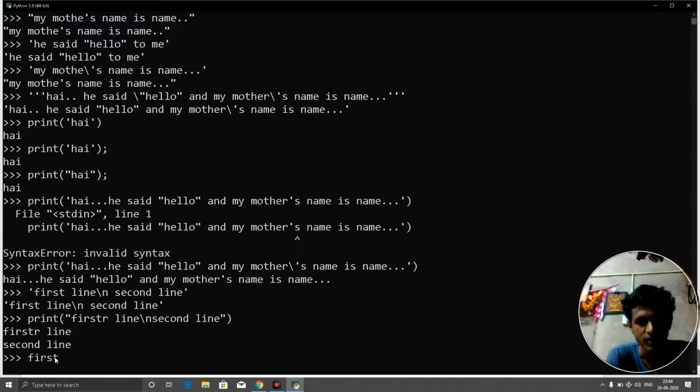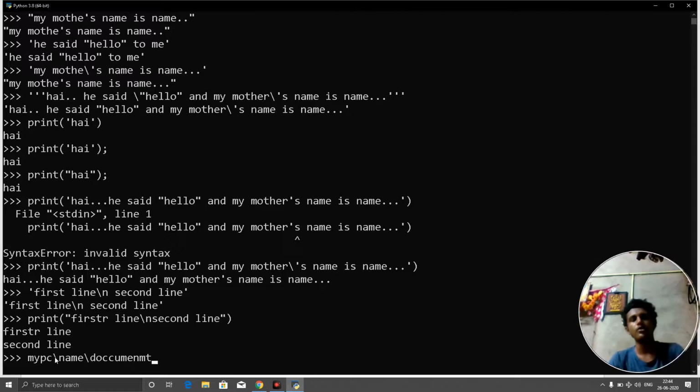First slash name. I want some directory. In the output I want a sentence like this. You understand? Here it is my PC slash name slash documents.